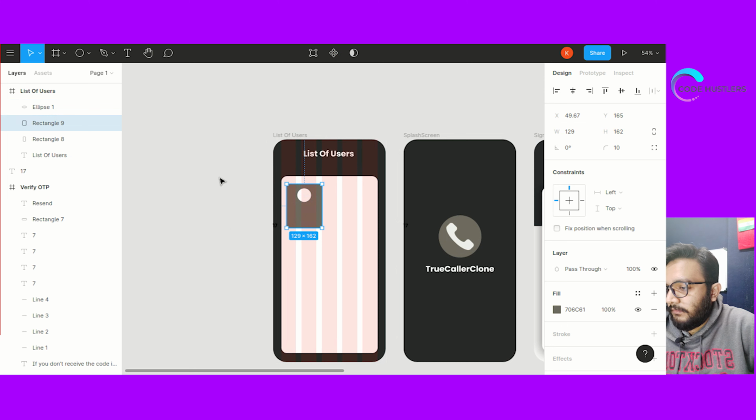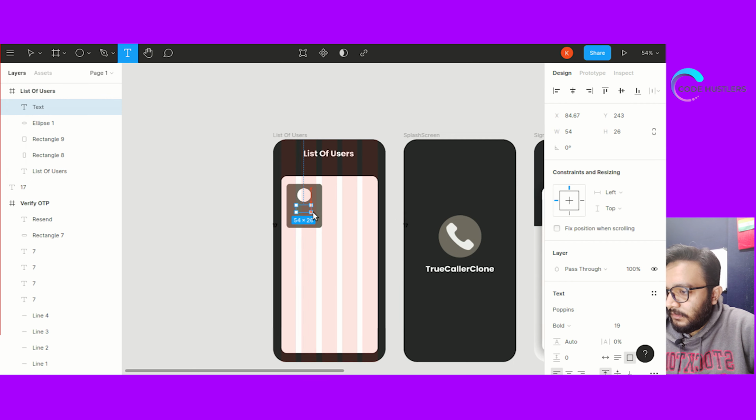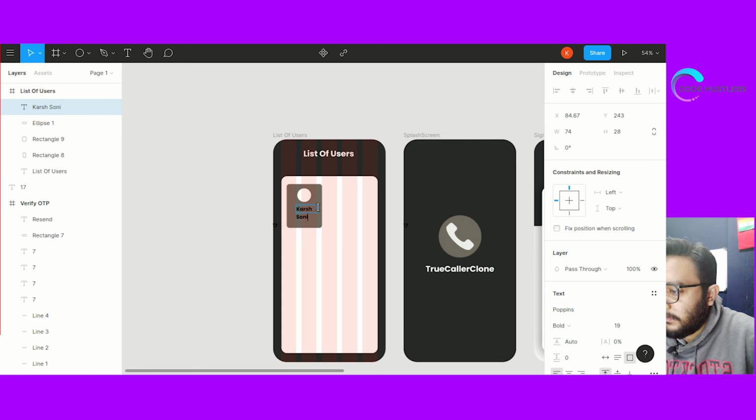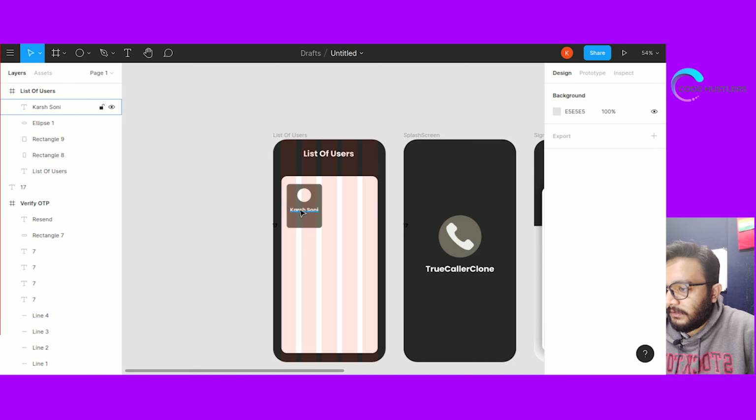Now we'll have another text field, in which we will show, let's say my name is Karsh Soni, so we'll use that. And put it in center, and the color will be white.